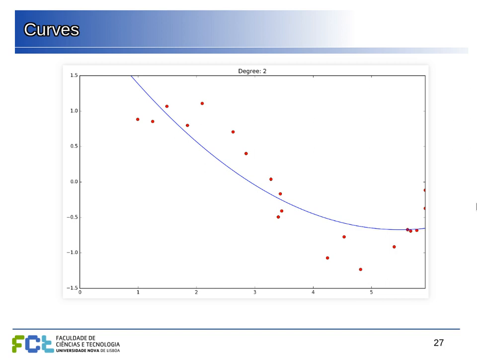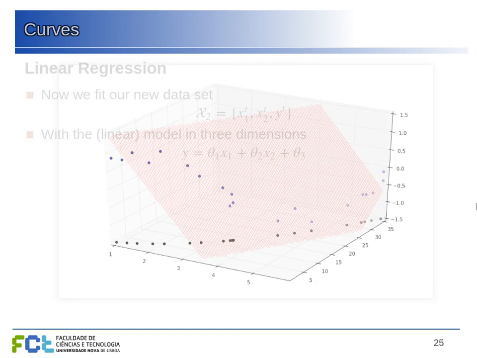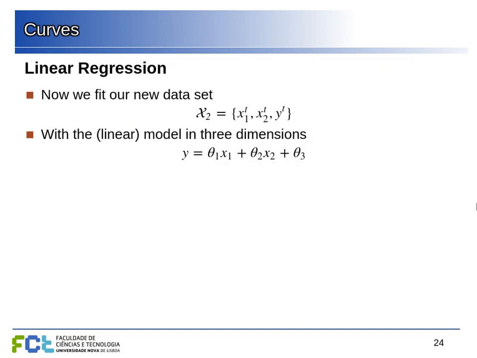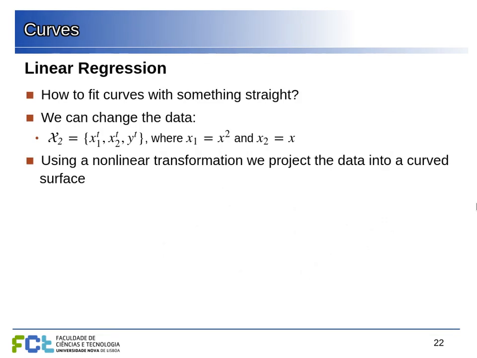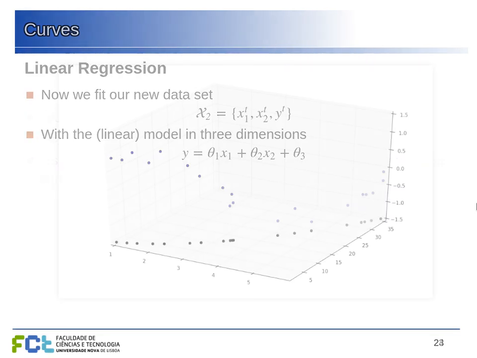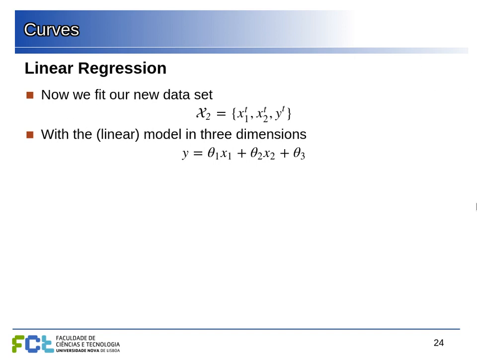Because you see, if we are using this x1 is actually x squared, and then x2 is x, this is y equals something multiplied by x squared, something multiplied by x, and then a constant. This is a second degree polynomial that we are fitting to the data. So you see, fitting a polynomial curve is also a form of linear regression, but we are transforming the data nonlinearly into higher dimensions, doing the linear regression there, and then coming back.